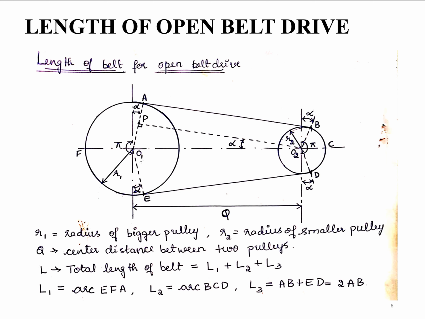And this will form a triangle O1 P O2. Now if we want to know the length of A to B, here we are getting the length of O2 to P. So the length of O2 to P will be equal to the length of AB or the length of E to D. Since we know the radius of the driver pulley, which is R1, and the radius of the driven pulley, which is R2, with the lengths R1 and R2 we can find the arc lengths.